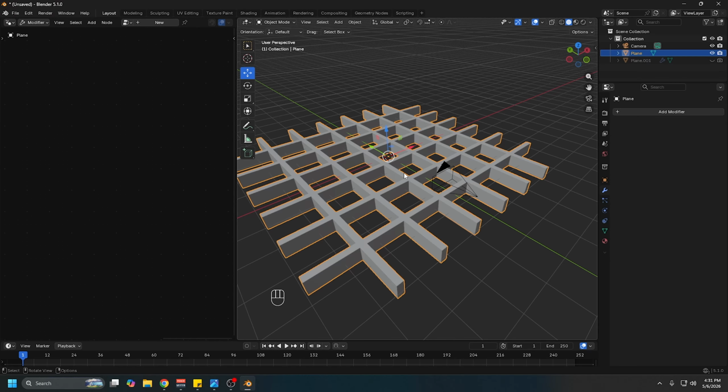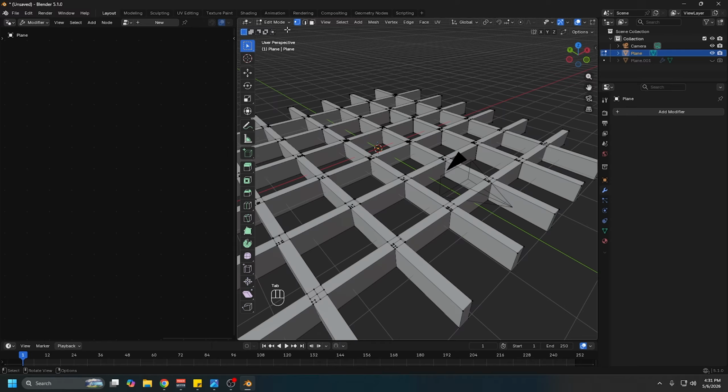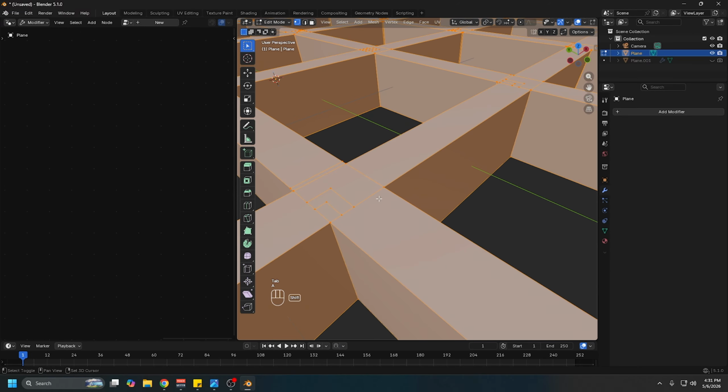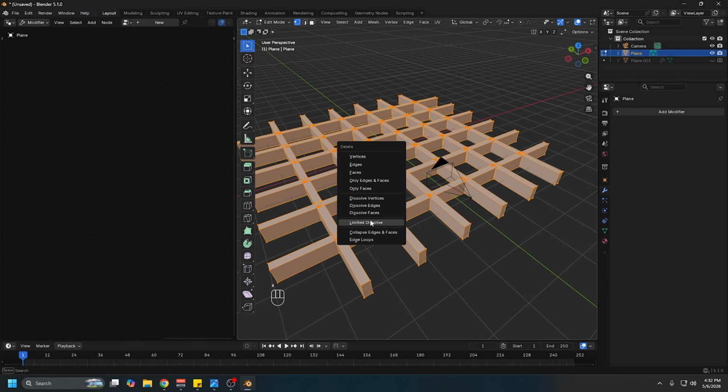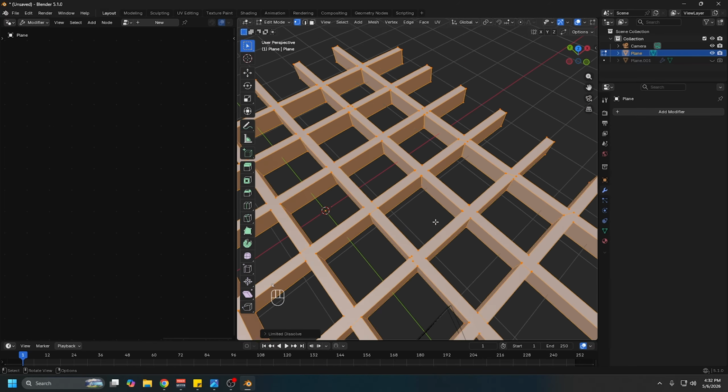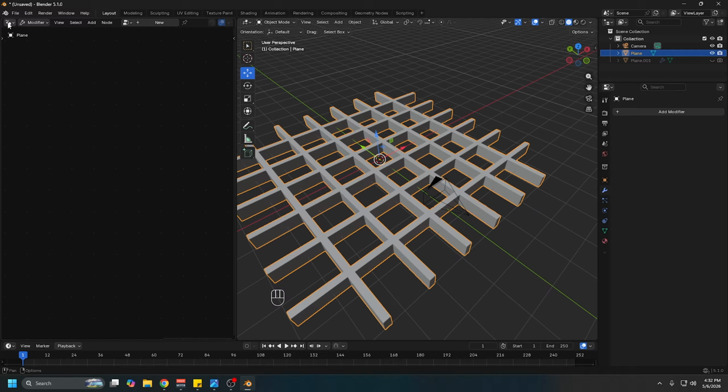And then to add our texture to this grid pattern or brutalist grid pattern, I'm going to go into edit mode, hit A. You can see we have all these rough vertices around. All we're going to do to get rid of this is hit X, limited dissolve, which cleans up the UVs a bit. To add a texture on this, I'm just going to go to the shader editor real quick,